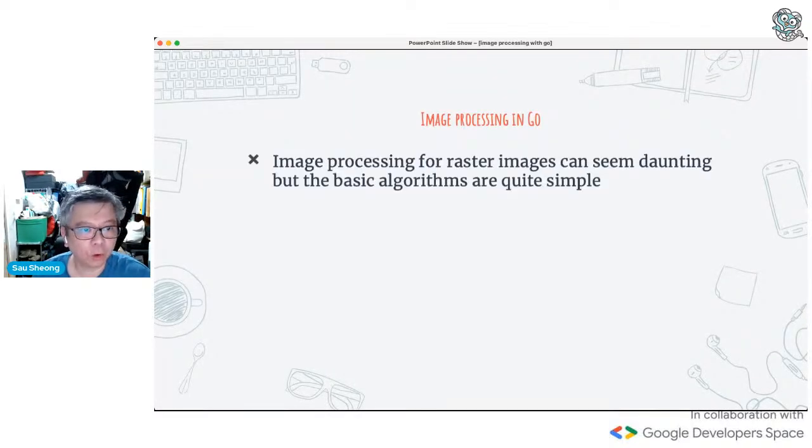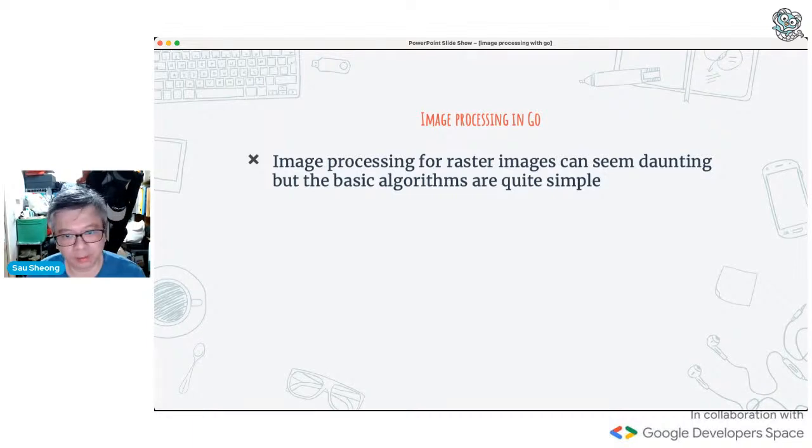Image processing in Go. Here, what I'm talking about is image processing for raster images. The algorithms and the mechanics are actually quite simple. It might sound a bit daunting, saying, hey, this is image processing, so it's quite difficult. But actually, the basic principles are quite simple, and you probably learned them in your computer graphics course in university.